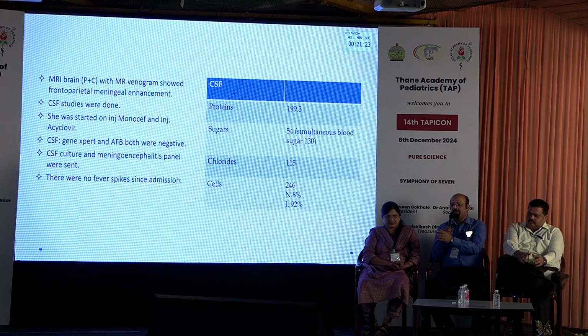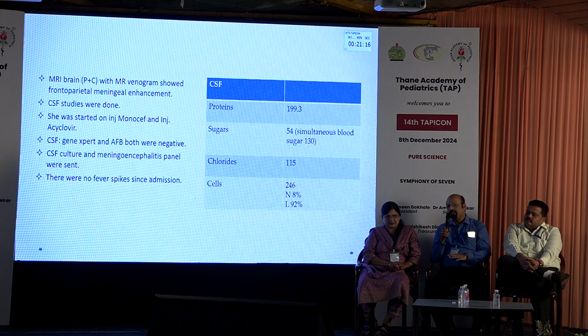This kind of picture sometimes, as Rushabh said, can be seen in MOG or NMDA receptor antibody disease. So the third thing could be rickettsial infection. They can present with this kind of a picture. And since the child is in the second week of illness, of course the neutrophil count goes down and the lymphocytes will come down in terms of cell count. So first I think TBM will be the first.